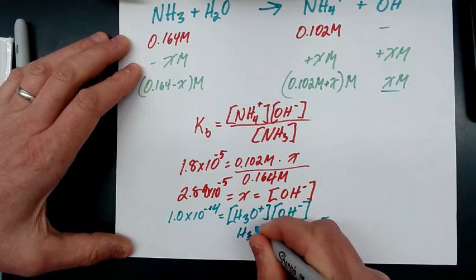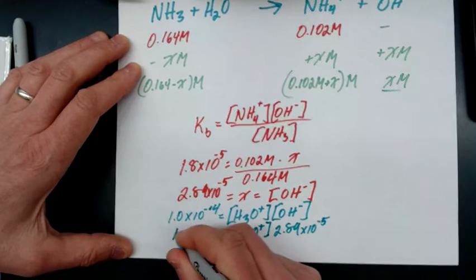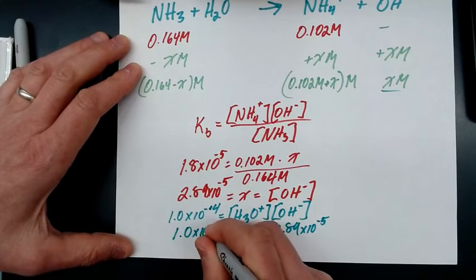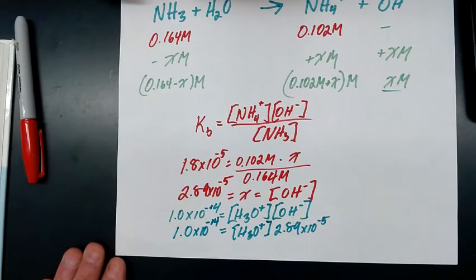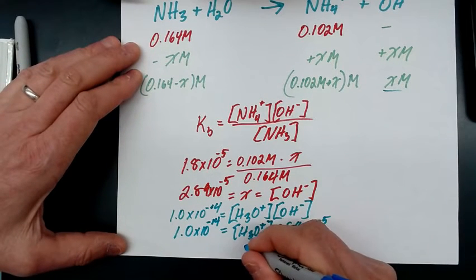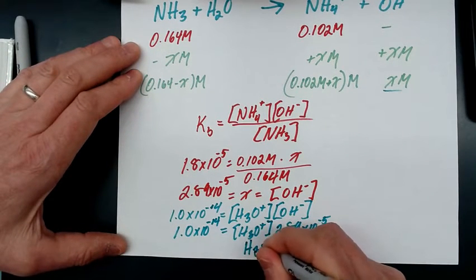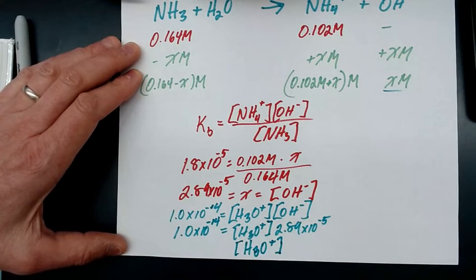I don't know my hydroniums, and that's what I'm looking for. But I do know that the product of those two is going to equal 1.0 times 10 to the negative 14. And finally, when I do the math on this, it's not too hard. I'm going to get my hydronium concentration is equal to,